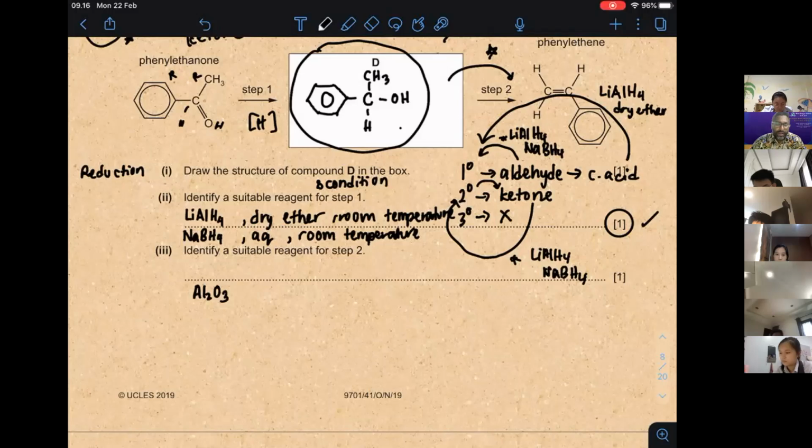Now in the same textbook, on the same page, there is a question that they also included, where you need to know that apart from using Al2O3, you can also use concentrated H2SO4 to achieve this, or you can also use,